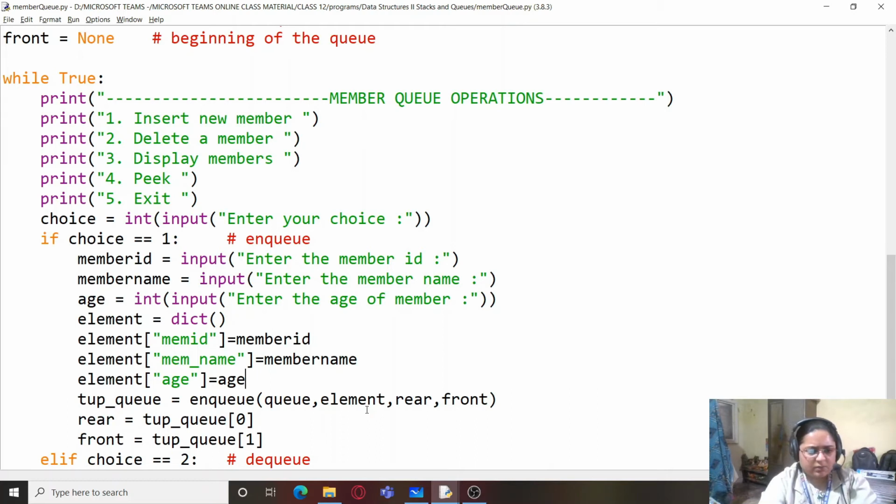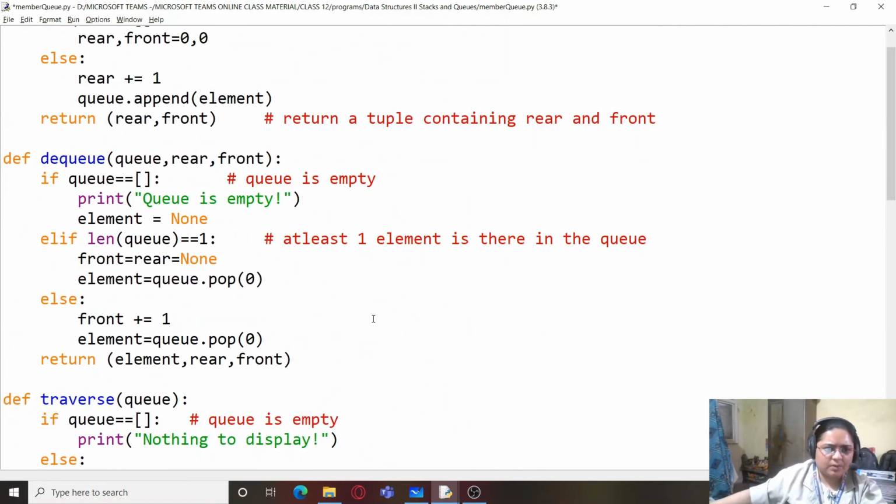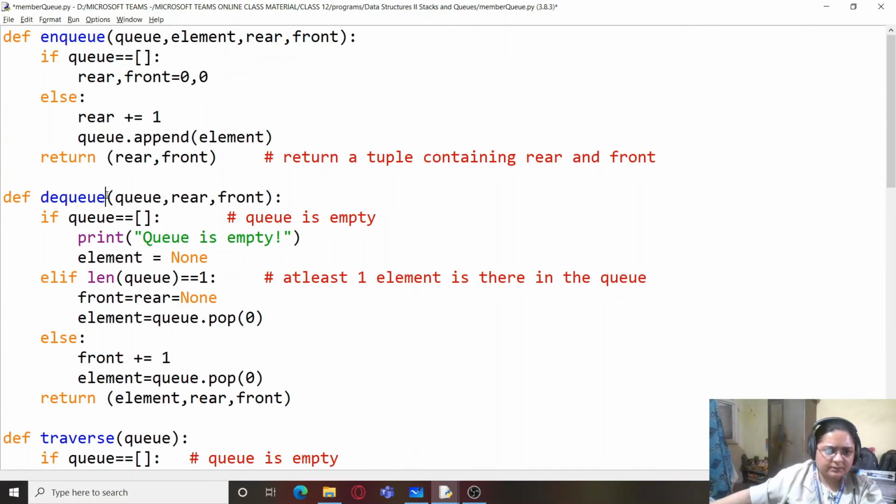Okay, so this is how we have created the element, and we are sending it to the function. So this is very important here. Now after this dq operation has to be there, so again simply tup_q equals dq, and let's first copy all the values of dq here.